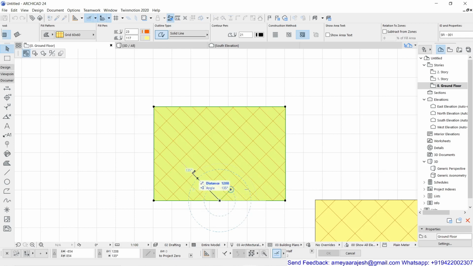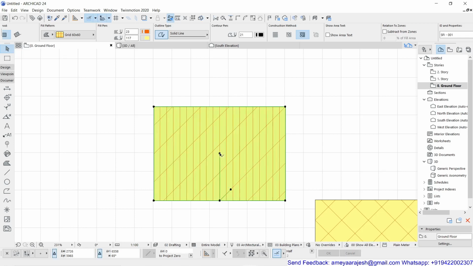So now let's change this. I'll try to make this with some distance and direction as a different combination. Say for example, I will try to travel with 1500 and 90 as my direction. So the 90 is already registered. If you want to be precise, you can type it also and hit the enter.